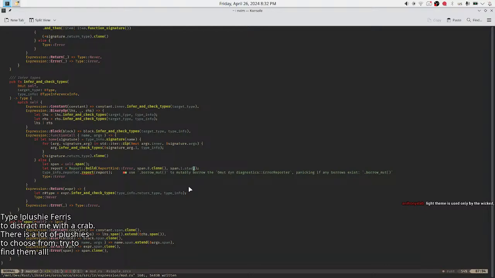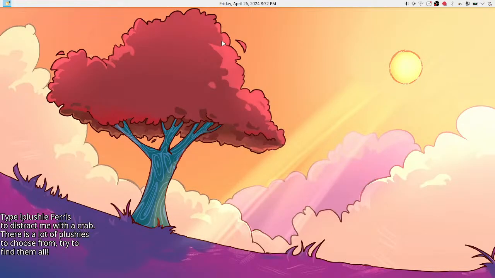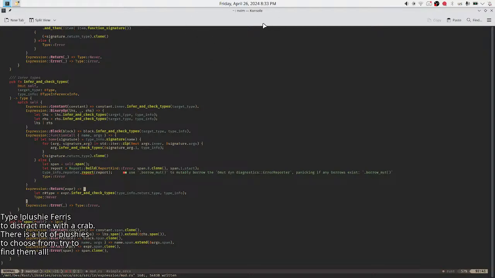Lysim is used only by the wicked psychopaths or otherwise insane. I guess I'm one of them. I like dark themes, but Google and I guess GitHub... GitHub is fine, but dark theme for Google, I just can't. As you can see, I also have light theme for KDE, which is my desktop environment.